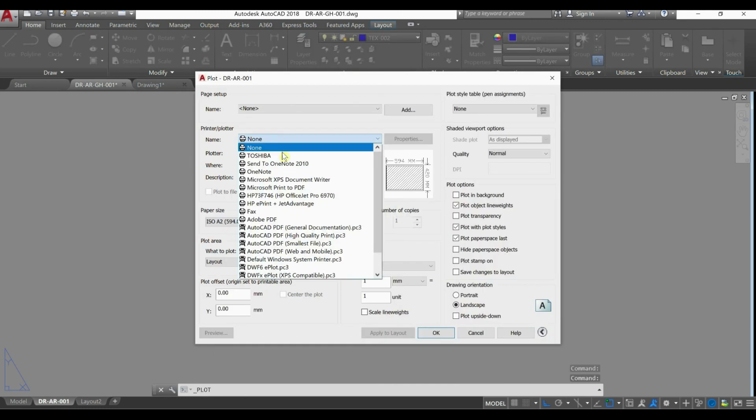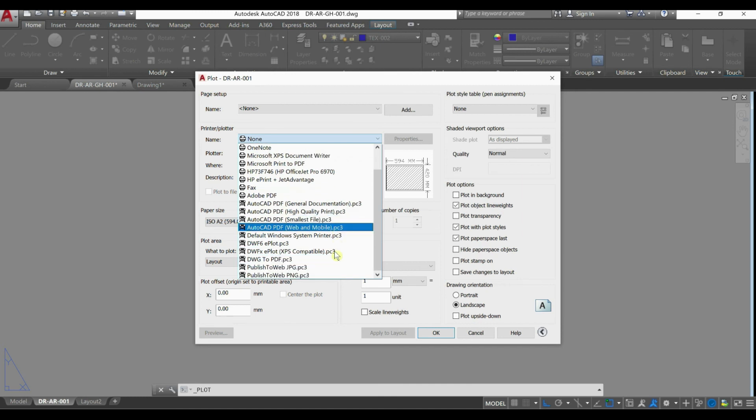If you're going to select your plotter or your printer, you need to add it to the configuration of AutoCAD by just using the normal driver. If you're going to print directly, you need to choose your printer name. If not, you need to select here